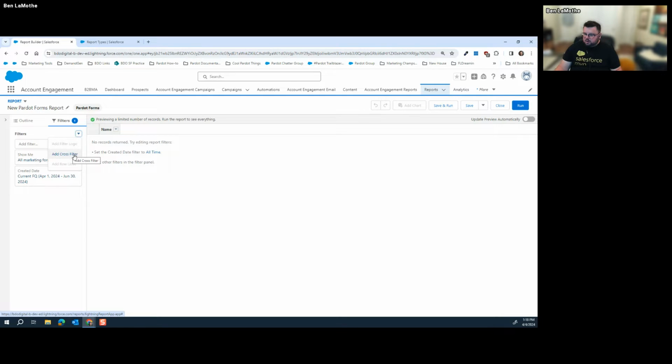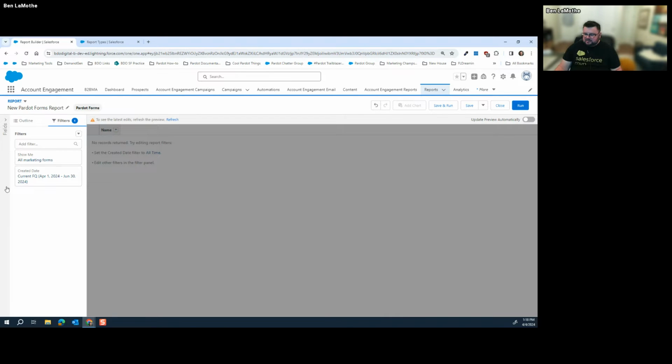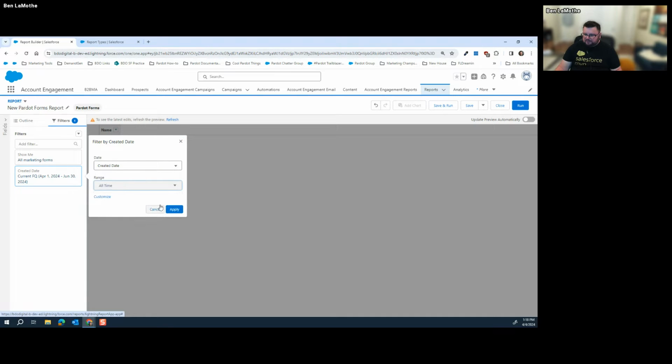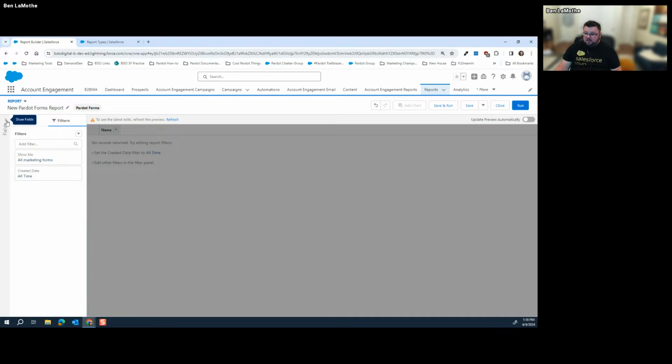There is some cross filter, but it's very limited. So you have very little ability to do any kind of additional cross filtering. However, your marketing forms are available for cross filtering when your primary object is not the form. If your top level object is, let's say, contacts, you could create,